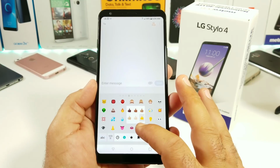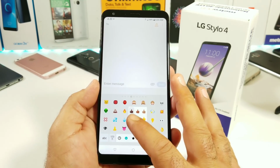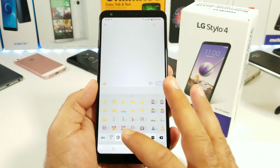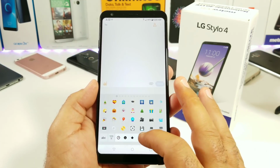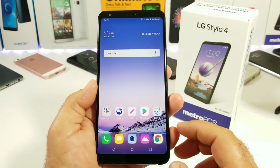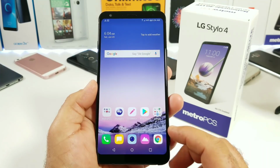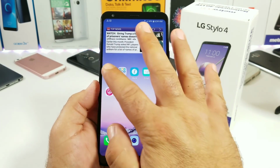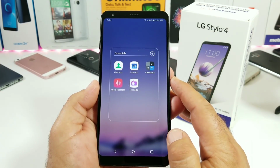So as you can see, if you long press on some of these here, you get some different options that are available. And everything's looking pretty good here with the messaging application. And again, that is the stock keyboard. Exiting out of there, go ahead and navigate around. We got the camera, gallery, Chrome, and then an essentials application, as you can see there,